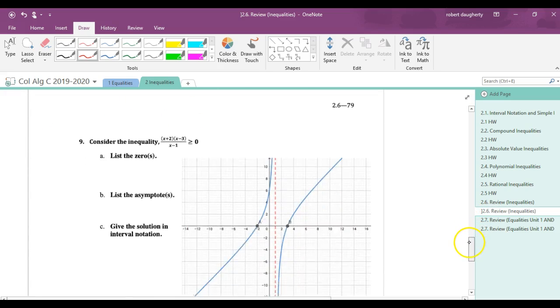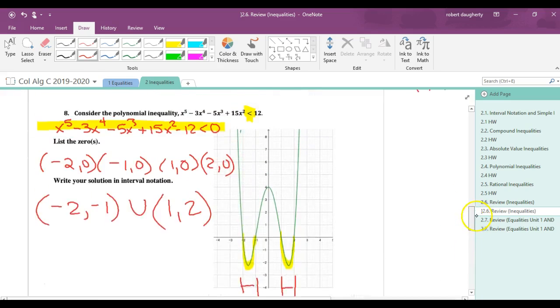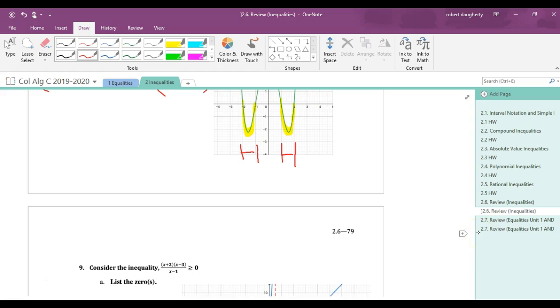Okay, that's it. This last problem, 2.9, will not be considered for your quiz. That one we'll need to know by the end of the week for your unit test. I'll come back to this problem later, but this is all you need conceptually to get ready for the quiz we have. The other one thing that I want to make sure that you know is if you see a problem that looks like this,